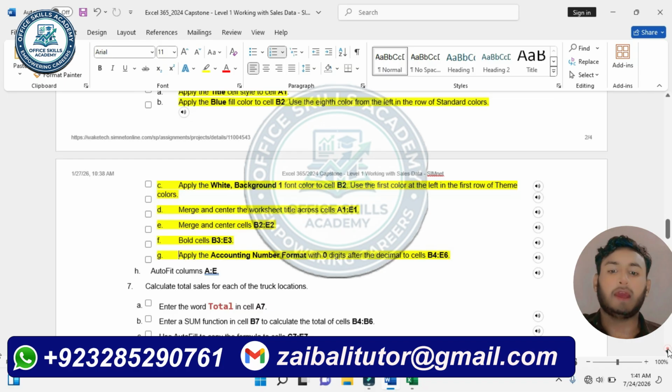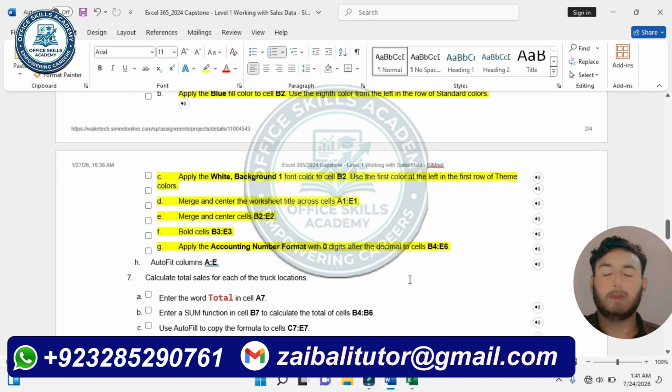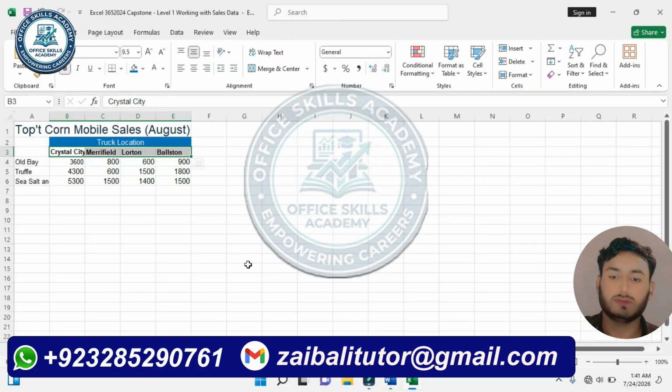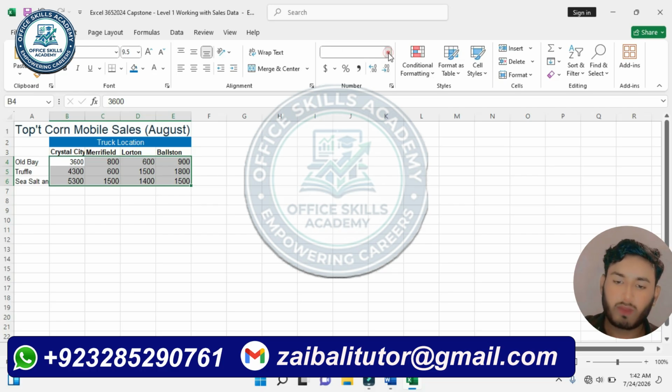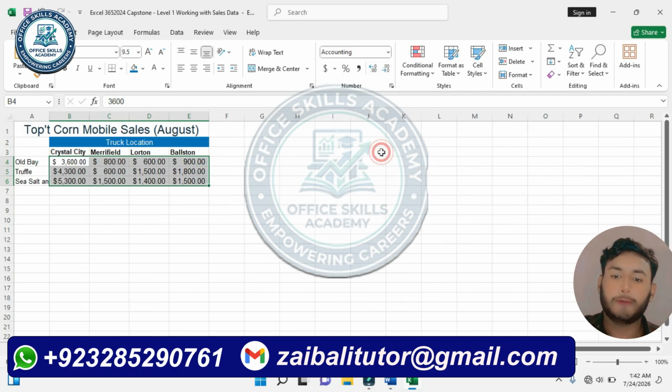Apply the accounting number format with 0 digits after the decimal to cell B4 to E6. So in this tab we first select the values that I have entered and apply accounting number format with 0 decimal places after the digit. So select the values and in the home tab in the number group apply accounting number format and decrease decimal to 0 decimal places, and